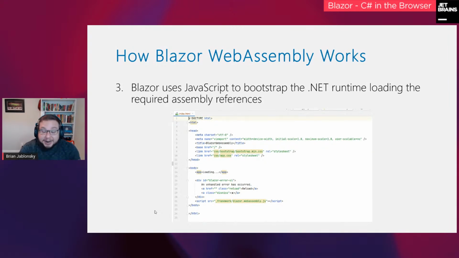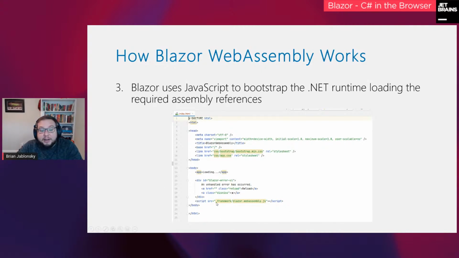This looks very much like an Angular or a React page, where you have your JavaScript references, your CSS references, and then basically it's just a stub page to be able to load everything out. Down here you have your div tag where everything's supposed to be loaded, your app tag, and then an error tag if you don't have a JavaScript supported browser.